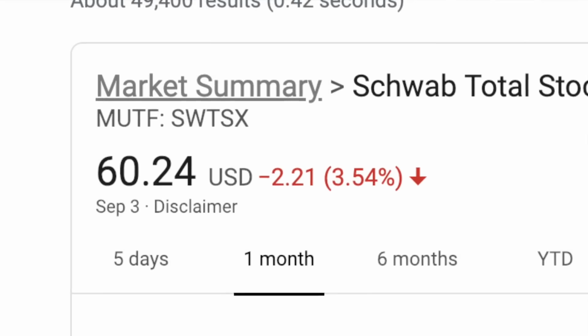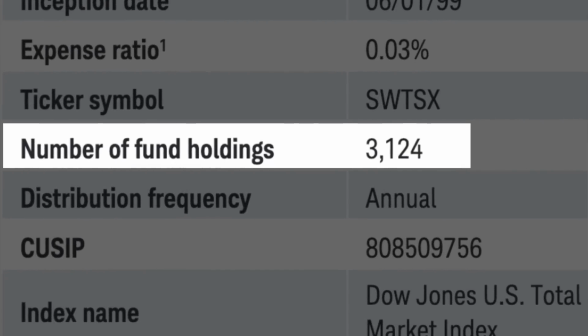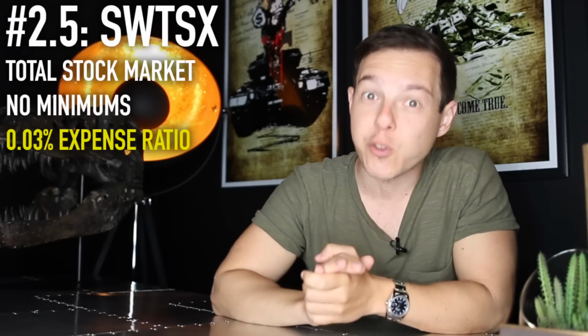Now I also want to throw in a 2.5 on this list too, because now is the time to do that, and that would be SWTSX, which is Charles Schwab's version of the total stock market index. This one is very similar to the Vanguard one, which tracks the entire US stock market, and this one holds 3,124 different stocks. So there you go, there's another option for anyone who wants to go into VTSAX but doesn't like the higher expense ratio and doesn't like the $3,000 minimum. Either way, this index fund is a really good option,